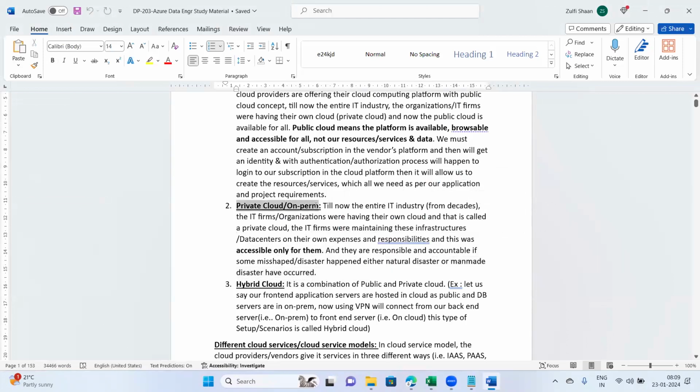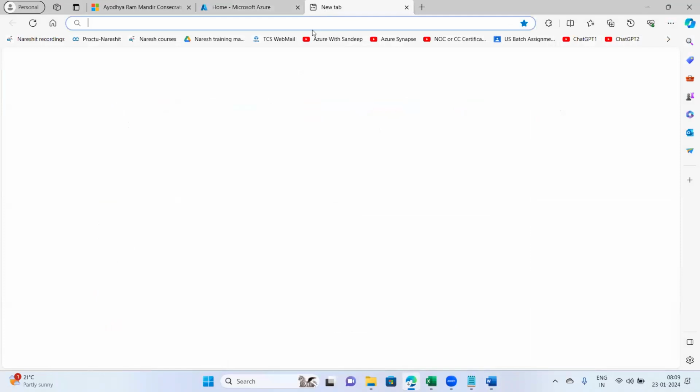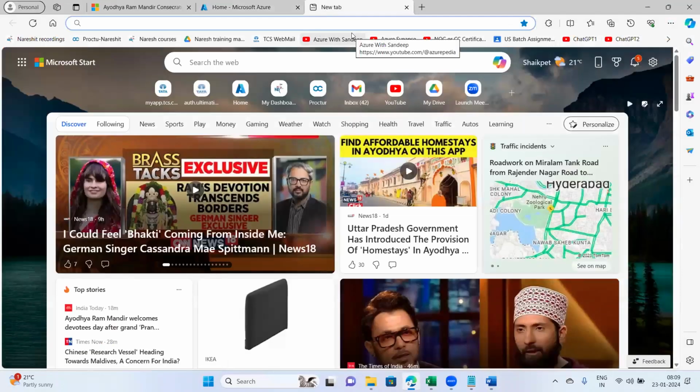So in private cloud, what was happening? I'll tell you. You want to keep data. Let us take, you want to keep your SQL database in a server. So when you are keeping that server in a data center, and that data center you have created. What is a data center, guys? A data center is a place where you are keeping all the